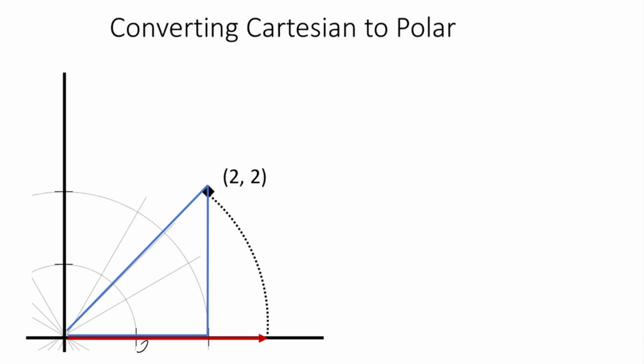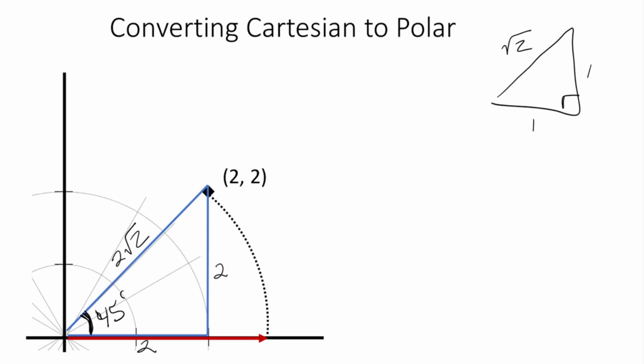Our triangle sides are 2 and 2, so this doesn't look unfamiliar. If we think about our 1, 1, square root of 2, then that means our ratios are 2, 2, and then 2 square root of 2. So our triangle has a hypotenuse of 2 square root of 2, and the angle is 45 because it's an isosceles triangle. So this is actually almost faster. We can say that our r comma theta goes out 2 square root of 2,